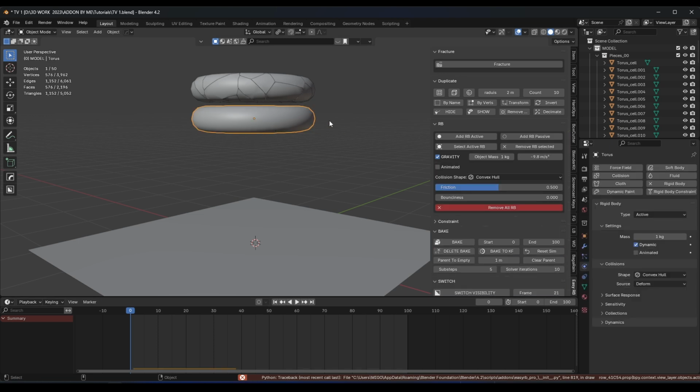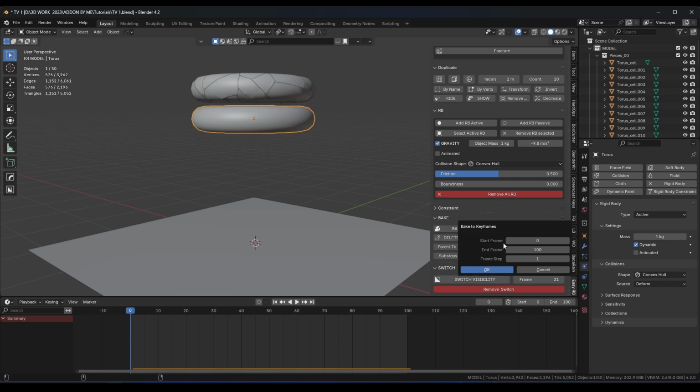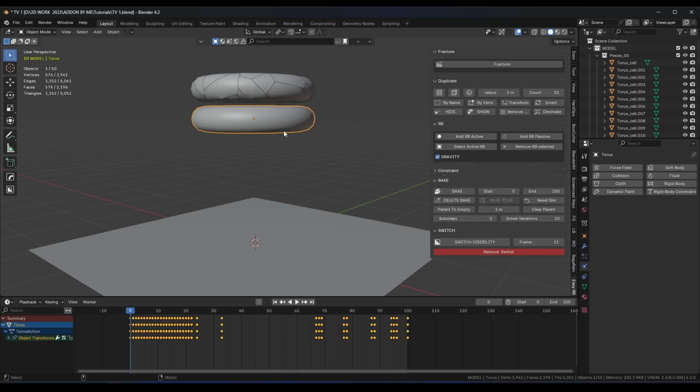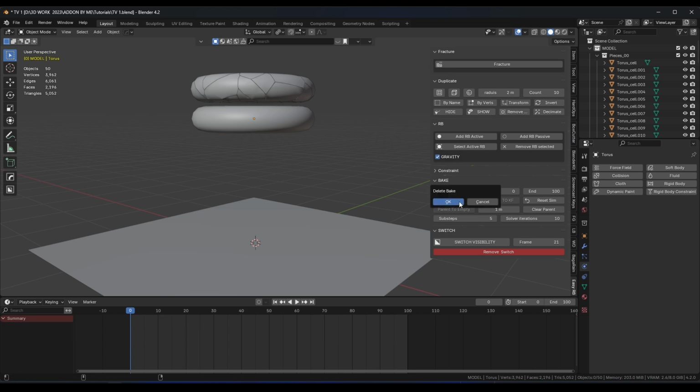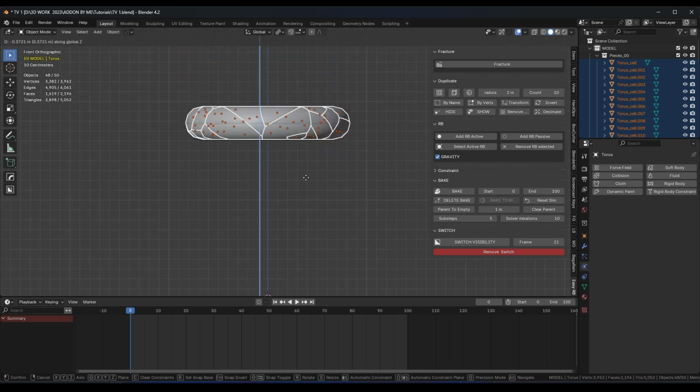Okay, we need to bake this to keyframes, so let's bake the simulation first like this. And we need to select this object and bake to keyframes like this. Okay, now let's delete the bake, and let's select all of those objects, and let's move them here like this,